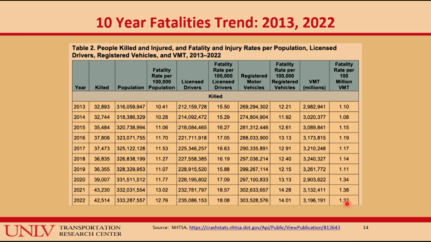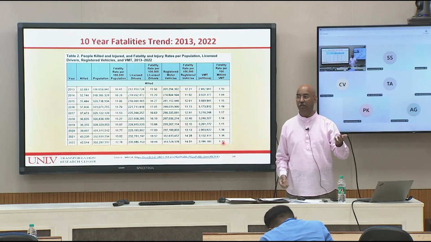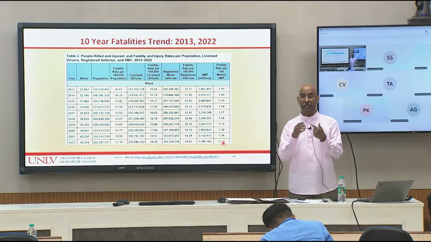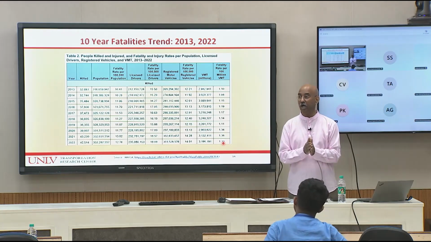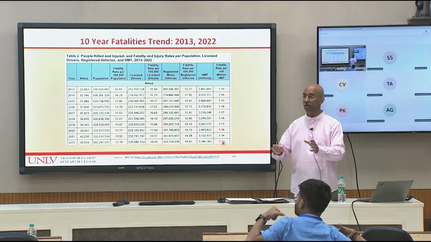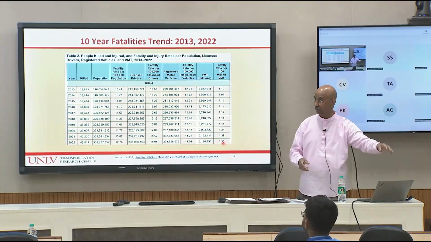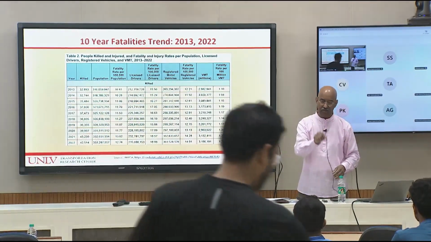What we do with vehicle kilometers of travel is, for a state, we want to compare state 1 versus state 2. Assam versus West Bengal versus, let's say, Odisha. What are the total injuries, fatalities, and so on, and how many vehicle kilometers? We also break it down by rural roads versus urban roads, and by vehicle kilometers of travel on highways versus medium type roads versus minor roads. So it is more of a macroscopic level than at a specific intersection.